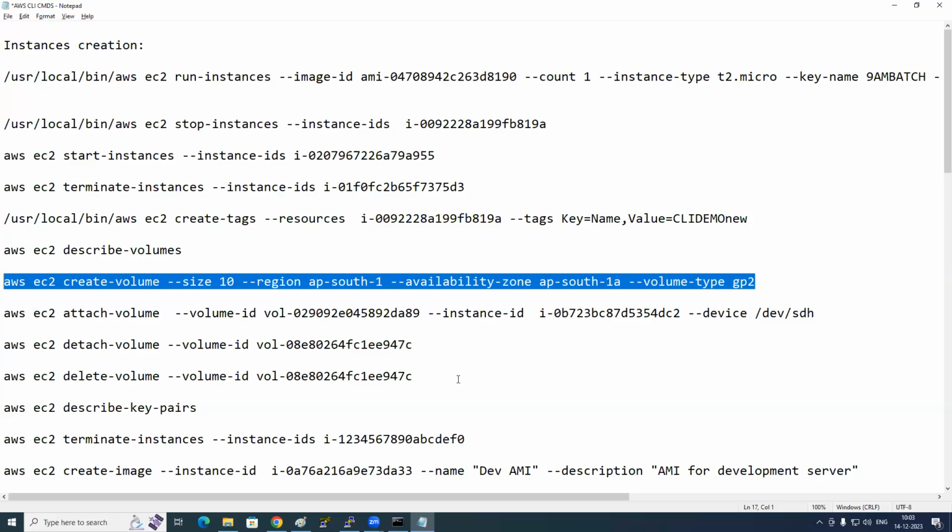Creating how many volumes? Size 10 GB. Yeah? Okay. So creating a volume of 10 GB size in which region? Mumbai region. Which availability zone? 1A. Which type? So we created volumes now from the console. From here, you can create volumes like this. And this one,